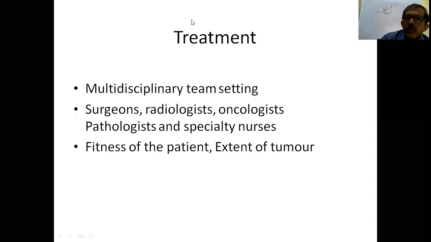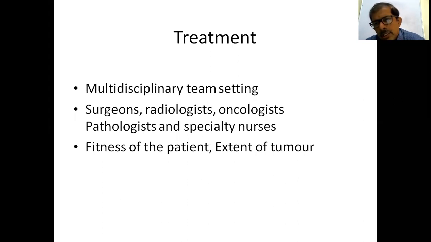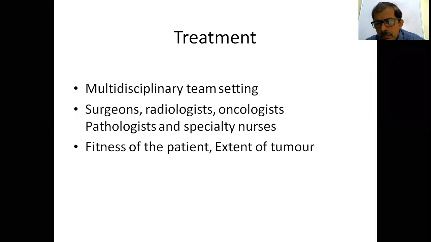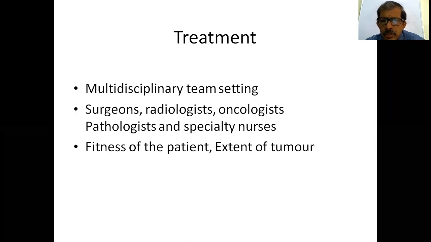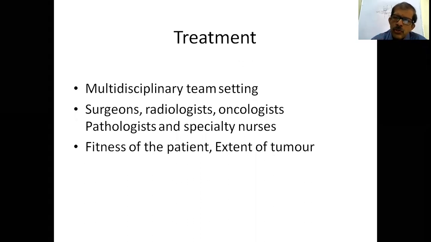So as we go distally, the prognosis will improve. Of the entire GIT, the worst prognosis is esophagus, whereas bad prognosis is stomach. Not bad is colon. Good is, of course, I cannot say good, but fairly better is for rectum. So like that, as you go distally, prognosis improves.